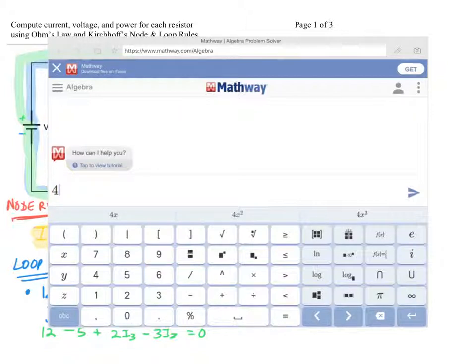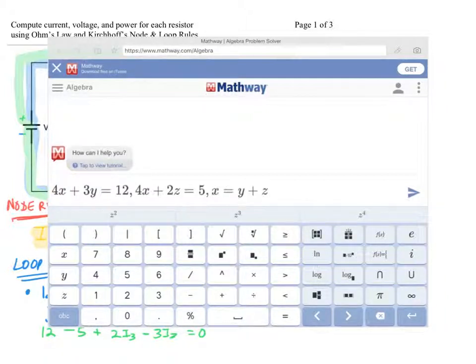So I1, I'll call that X, plus I2, which I'll call Y, will equal 12. And I can put a comma there. And then I had a 4I1 plus a 2I3, so I'll have a 4X plus 2Z. I'll use Z for the I3, equals 5. And then I had the original loop equation where I1, which I'll call X, equals I2 plus I3, or Y